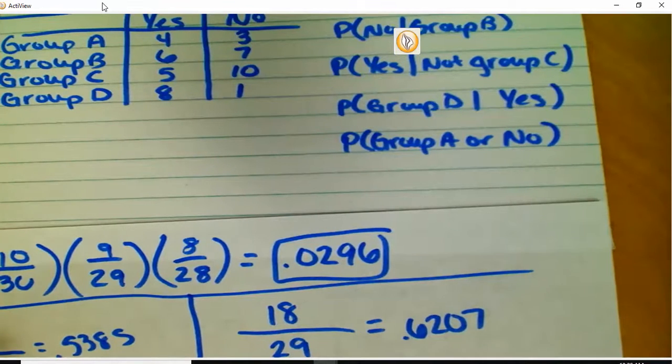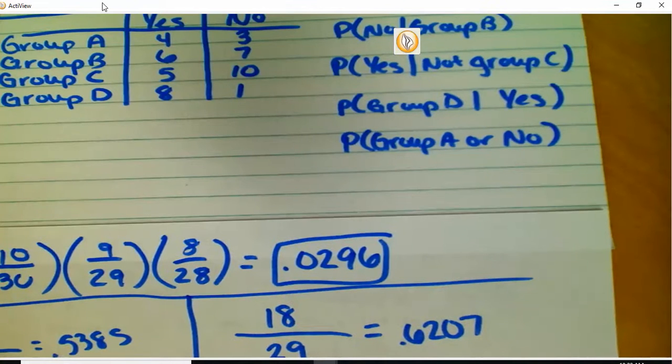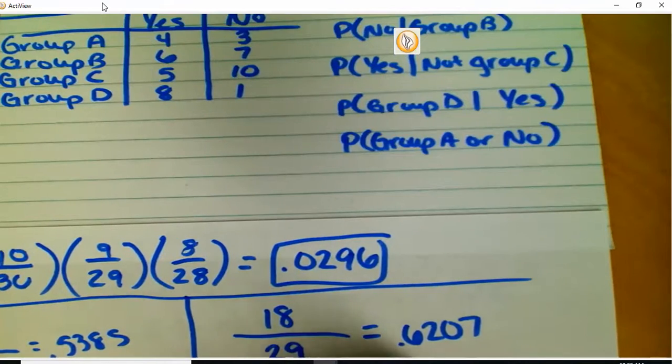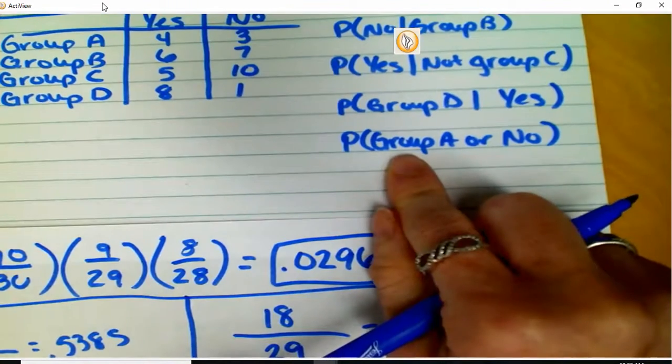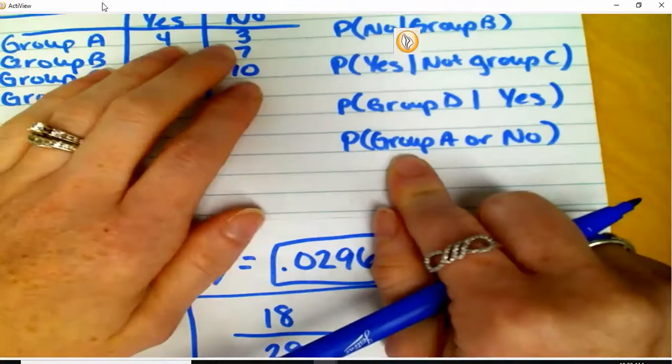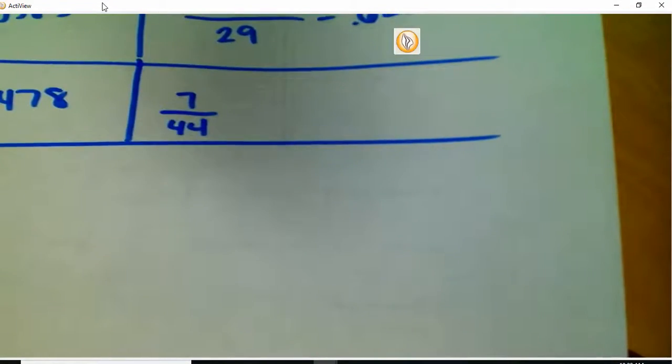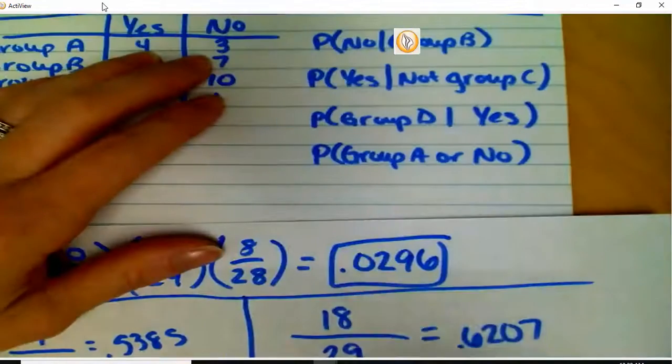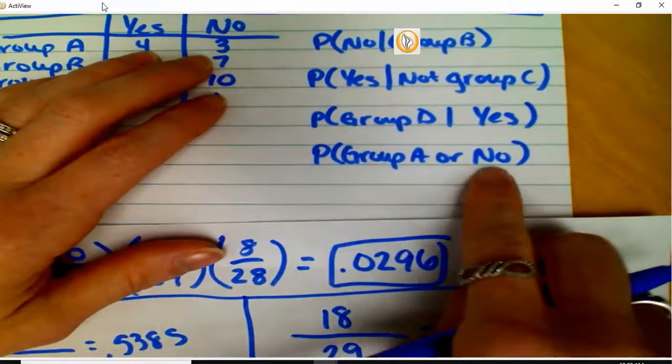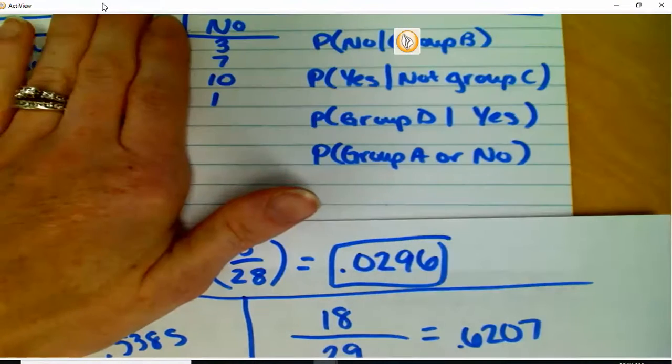So if you add them all up, what do we get? 44. So we have to start with the ones that are in group A. So group A is 7. So you have 7 out of 44, plus the ones that said no. So if you add up all your no's, we have